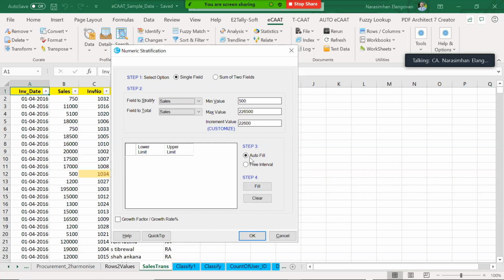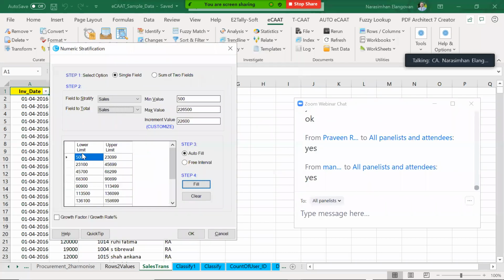Let us now click on autofill. Do you see an option called autofill? Let that option called autofill be there and just choose fill. Let's see what happens. Please try it. Those of you who have this tool can give it a try. Can you see what happened over here?